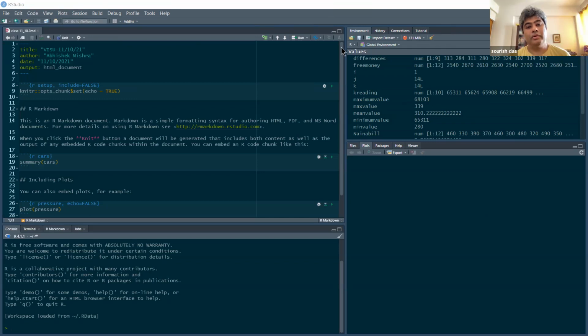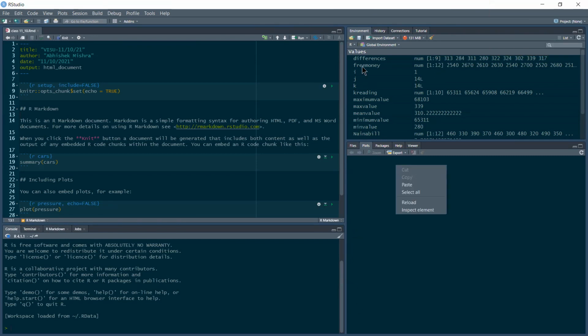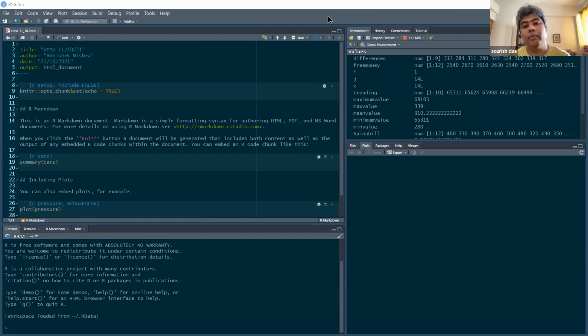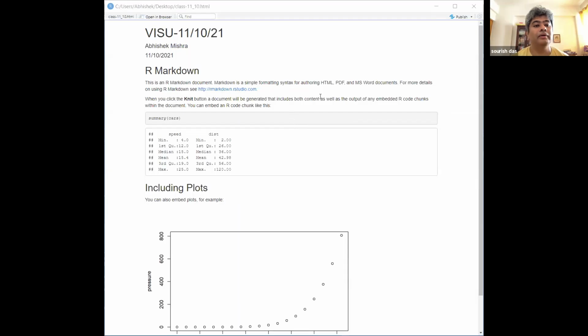Did it create an HTML file? Yes, sir. It is open, but I can share only this screen. I have not used Zoom. If you can help me regarding that. If you just stop your screen sharing and share your desktop, then yes.